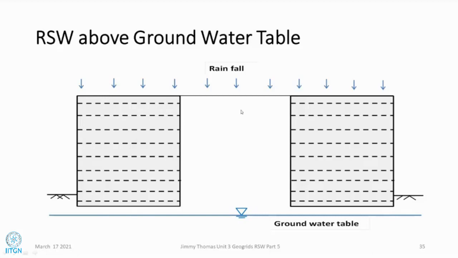So to analyze this condition is complicated. Normally when rain falls, the soil is unsaturated, so it will be mostly unsaturated flow. We have something known as the field capacity of soil. So some moisture will be retained by the soil, and when it becomes saturated, slowly, the wetting front will move downwards.